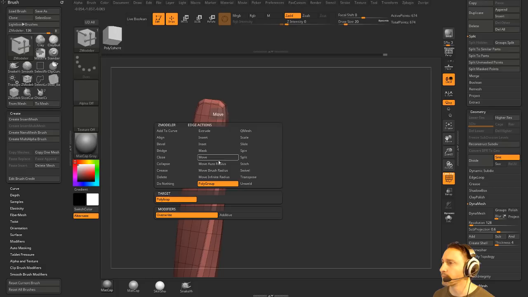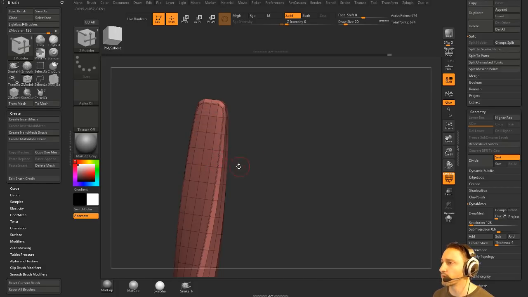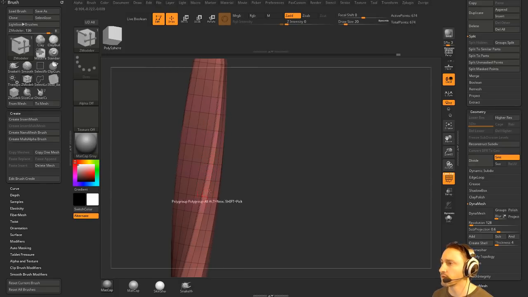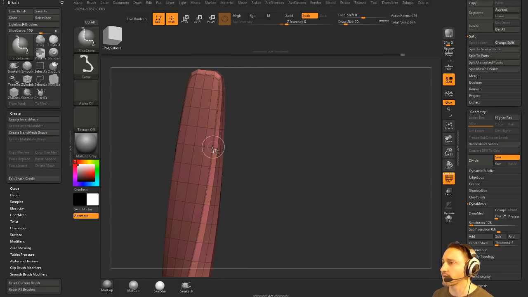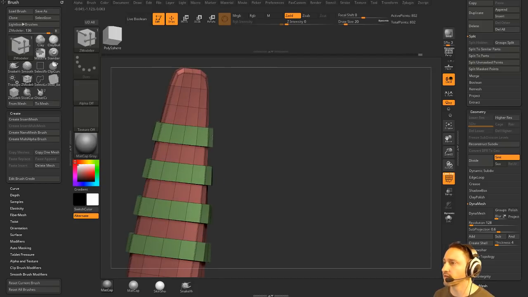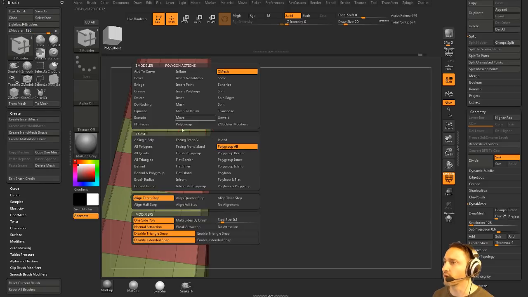But basically what you could do is you could polygroup every other one like this. And then let's make that a little bit more obvious actually. Tap Alt, there we go. So now we've got these, then you could go through here and you could Q-mesh these things out to make the bumps. You could also do a quick inset,